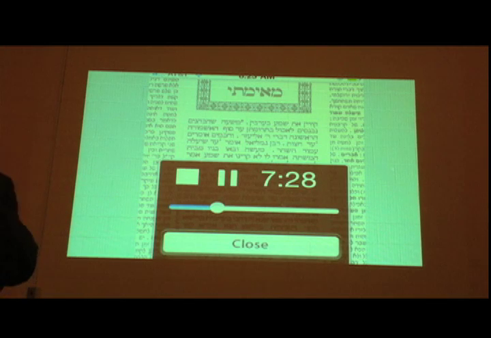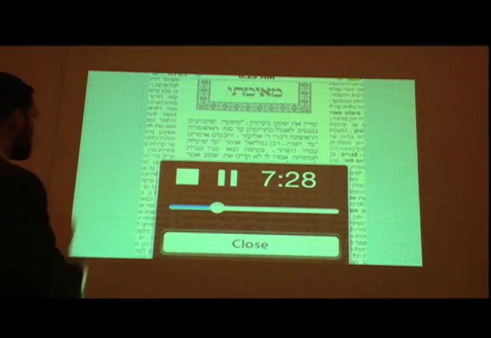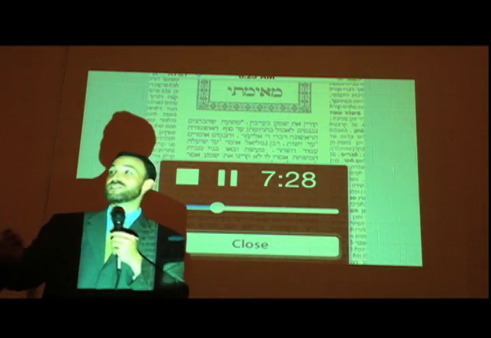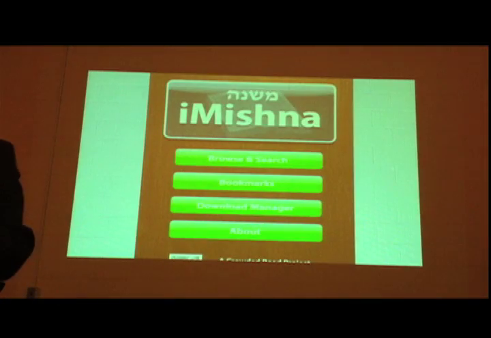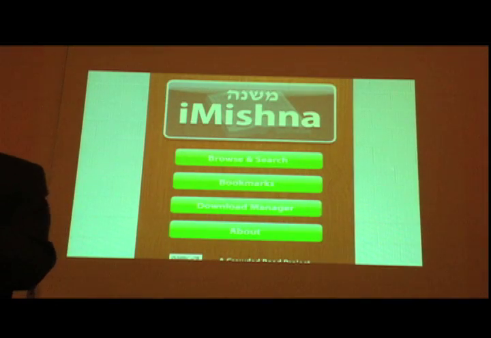Literally, at the tips of our fingers, we can just sit and touch a button and have a Rebbe teach me the Gemara as if I were living 1,000 years ago or 2,000 years ago when the Gemara was first written. They have a similar application for Mishnah. A person can go through all of Shas and study the Mishnah.